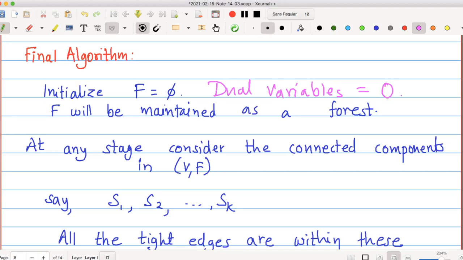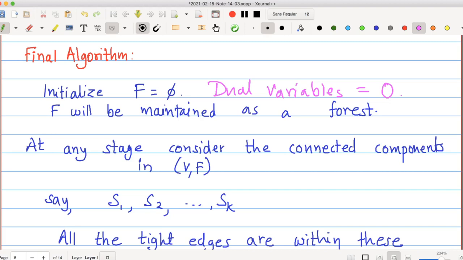So your set F, which is the primal solution, is empty. The invariant we will have is that F will always be a forest, so the primal solution we are constructing will always be a forest.